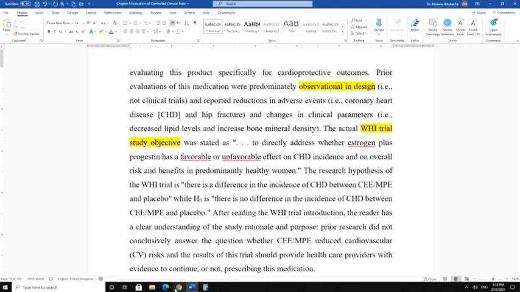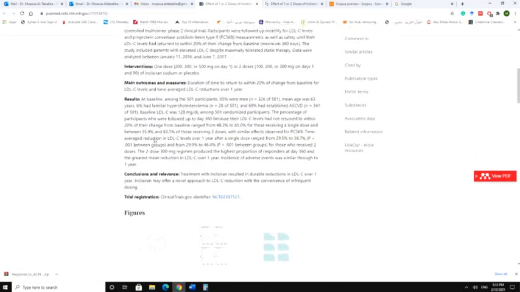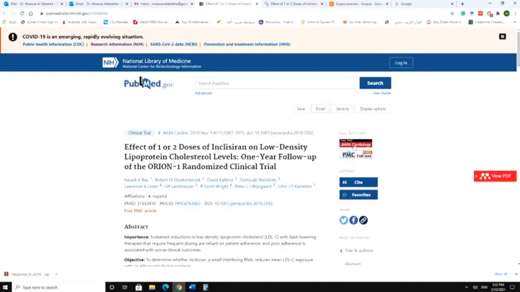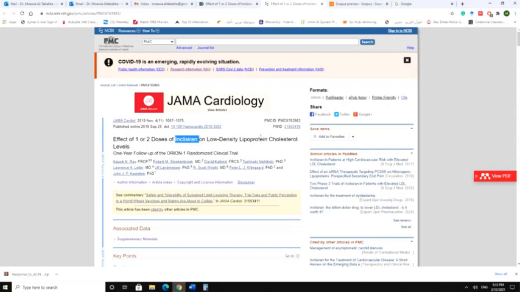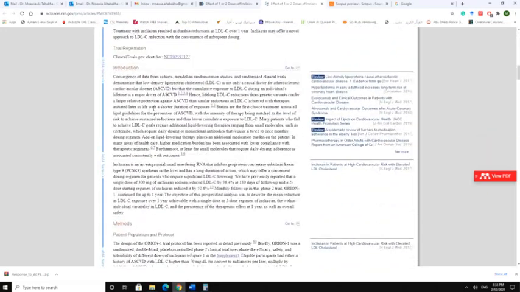اوكي خلونا نيجي هون مثال اخر. طبعا here you can see the objective. okay you can read it but you can get more detailed objective بالmethodology وبنهاية الintroduction. The introduction is very important. okay so if you click, this is a free one, JAMA Cardiology. If you click on the article, this is what you will get. And if we go to the introduction,